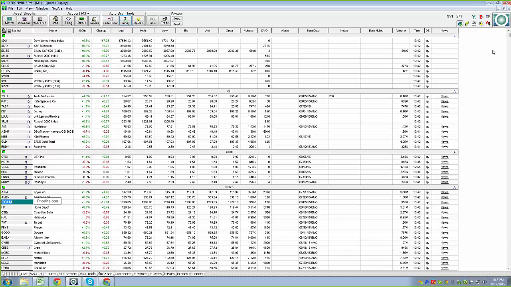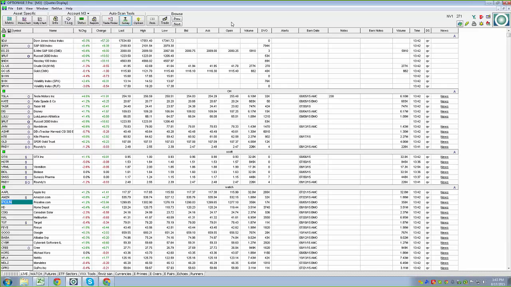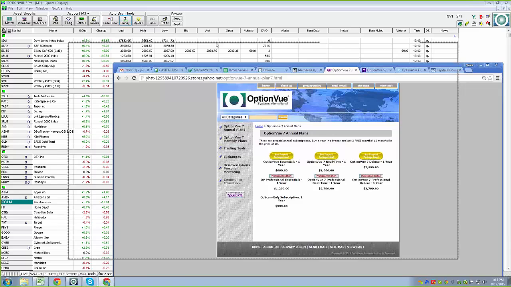George asks, what are the resources to go to for independent or in-depth learning of OptionVue? Yeah, take advantage of me or Jeff here in the office. We have some really nice built-in software. Basically, you would come up to help and, if you were talking to us, say open remote support, and then Jeff or myself can look over your shoulder, see what you're stuck on, or go in depth with you, answer your questions and look at some trades with you. Highly recommend that. Otherwise, you can go to OptionVue.com